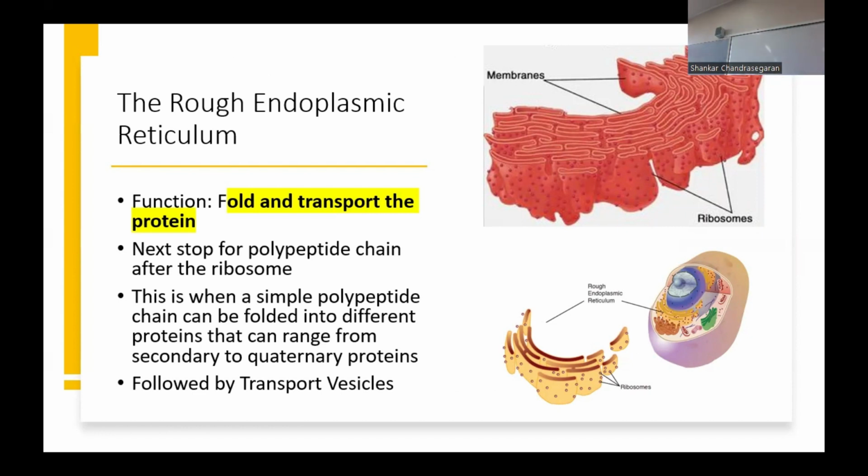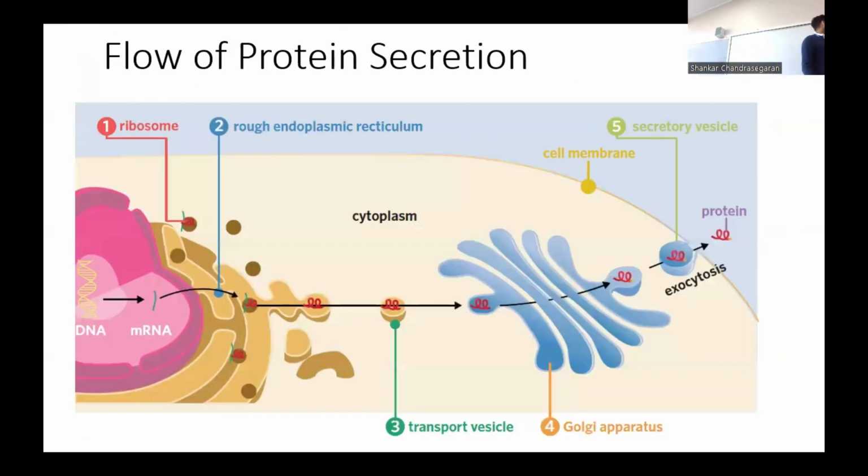So you can see it's almost like a canyon where it follows a pathway. While following that pathway, it is folded based on its characteristics and its function, and then it will follow this path until it can get to the next step, which is the Golgi apparatus. But the cytoplasm, which is the space inside a cell, isn't conducive for a protein or a polypeptide to move around. It doesn't move around very well in a cytoplasm, so it needs to be specially transported in something called